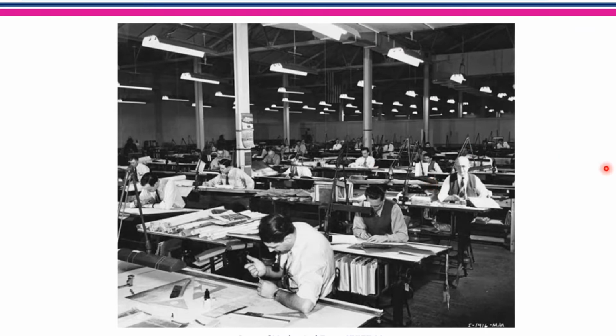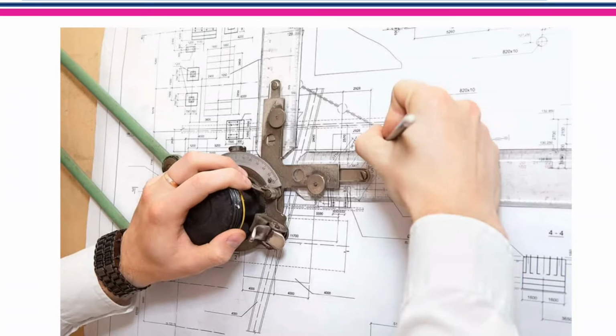Okay, I'll show you one more picture. So you can see this is what is called as drafter, and you can see a person is making a manual drawing of some component or some product. So this is how manual drawing used to be done in the earlier days before the revolution of computers. Even now, some of the industries still stick on to this manual drawing because it has its own advantages. When you draw it manually, your understanding of the drawing, your thinking skills, everything will improve drastically than working on a computer directly.